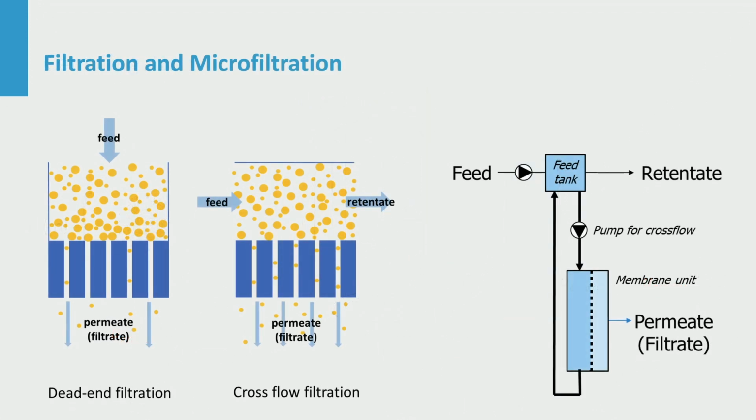Filtration is familiar to everybody. However, dead-end filters, like we use in the kitchen, are not so useful for cell removal. Cells will form a layer on the filter that blocks liquid flow. Instead, cross-flow filtration is used, in which the cells are kept in suspension. Cross-flow is achieved by a high rate of cycling of the suspension along the retentate side of the filter. The filter is a membrane with pores smaller than a micrometer to retain cells, leading to the term microfiltration.